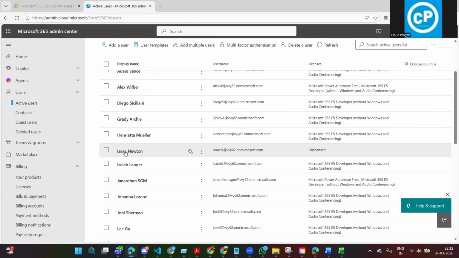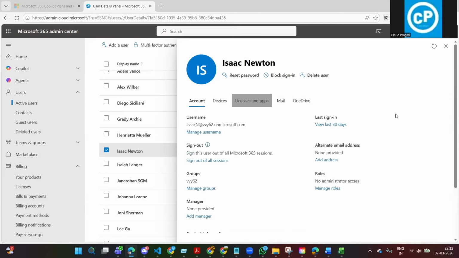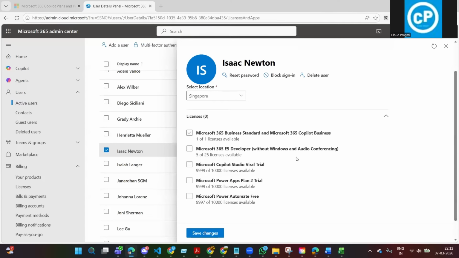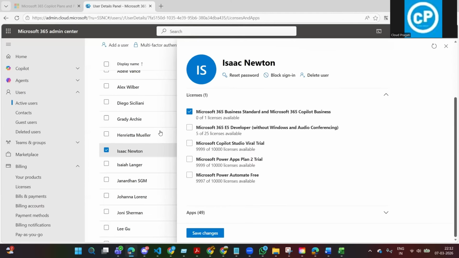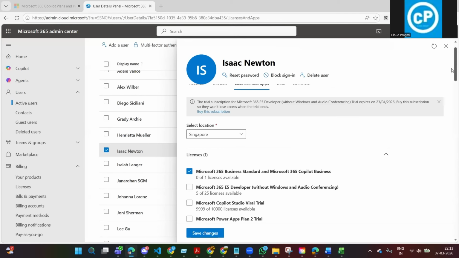After selecting the user, I will go to Licenses and Apps. Here I will select the license. As you can see, this particular license offers 49 apps and services. Let's quickly look at some of them. You will see services like Microsoft Teams, Dataverse, Common Data Service, Copilot Studio,